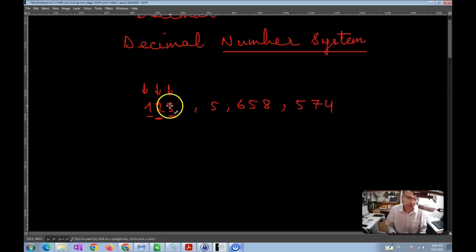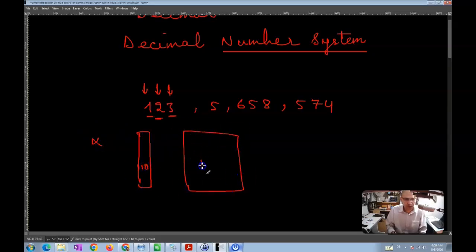For example, a 3 in the 1's place value means 3 groups of 1. The 2 in the 10's place value means 2 groups of 10, which means 20. A 1 in the 100's place value means 1 group of 100, which means 100, right? And we saw all of those pebbles and bars and boxes and everything that we